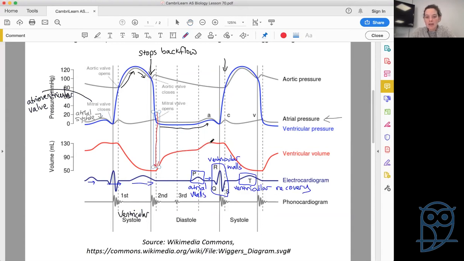And then see here we have another little lumpy bit. And look how it lines up with that atrial pressure. So when the atria squeeze, now our ventricles reach their maximum volume. Okay, then our ventricles start squeezing. And you see here the beginning of the squeeze before